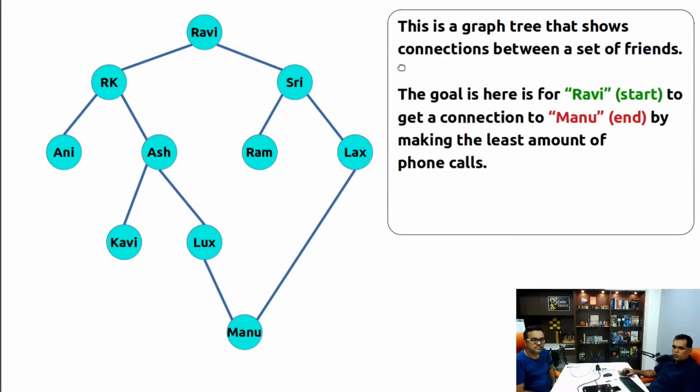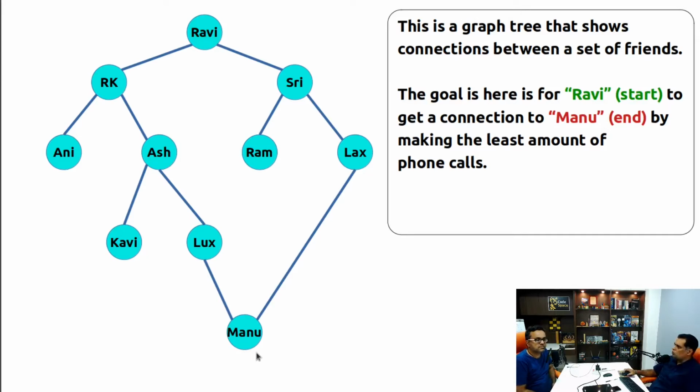Alright, Ravi. So this is a graph tree that shows the connection between a set of friends. Because you're my best friend, I've put you on top. Technically speaking, there is no begin or end to a graph tree, at least as far as the breadth first search is concerned. You might want to get a connection between, let's say, Ani over here and Lax, how will that connection go, or things like that. But just for the sake of convenience, there is a hierarchy to it. So let's say Ravi,